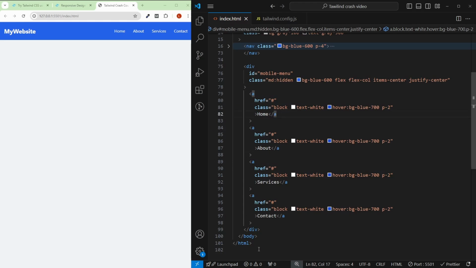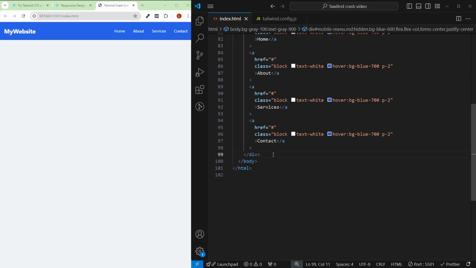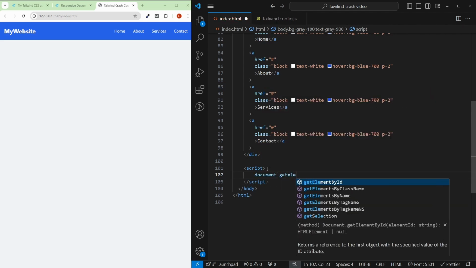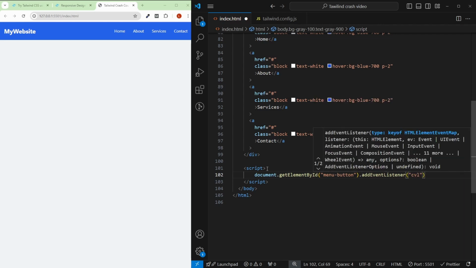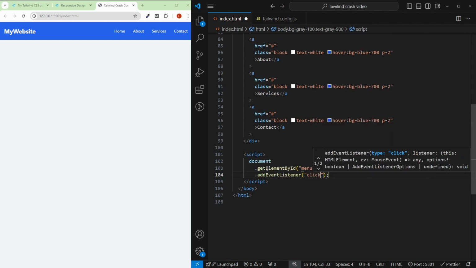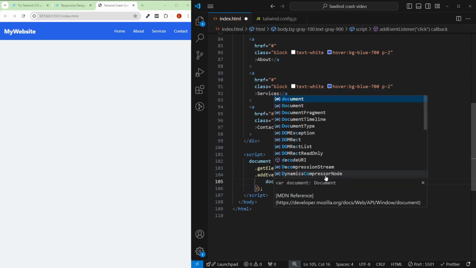Don't get scared, we'll be writing a little bit of JavaScript in here, but it's going to be very simple. So before the end of your body, write a script in here. And what we'll be doing here is document.getElementById menu-button. Remember, we gave an ID for the menu. .addEventListener, so we're adding an event listener for it, which will listen to the click event. So whenever it's clicked, simply put a comma in here and then pass in an arrow function, which will say